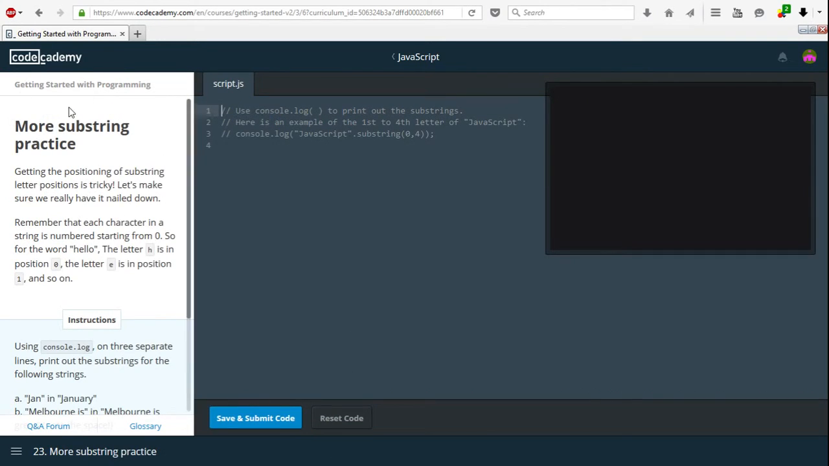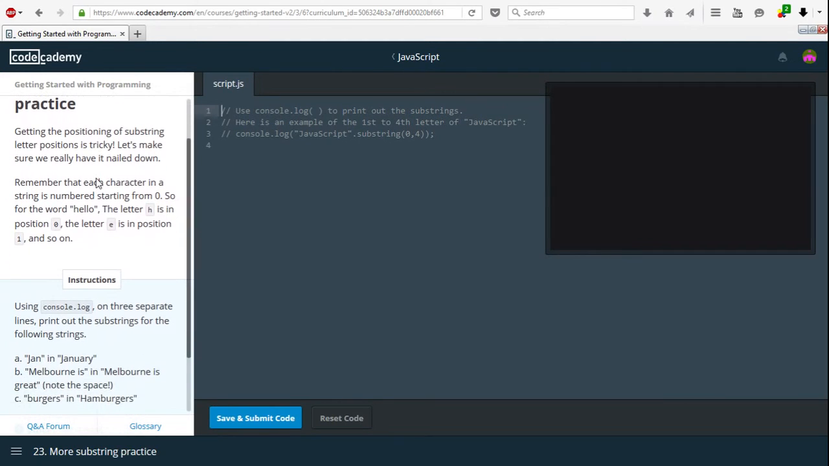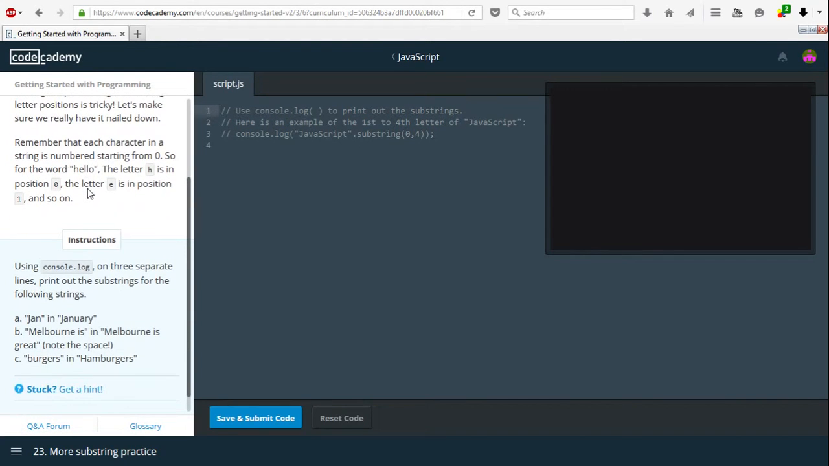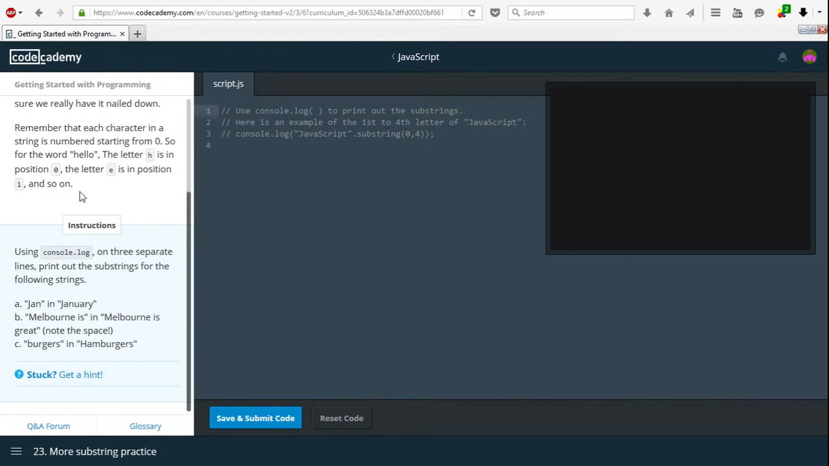So let's move on. More substring practice. Getting the positioning of substring letter position is sometimes tricky. Let's make sure we really have it nailed down. Remember that each character in a string is numbered starting from 0. So for the word hello, the letter h is in position 0, and so on. Using console.log on 3 separate lines, print out the substrings for the following strings. Jan in January,